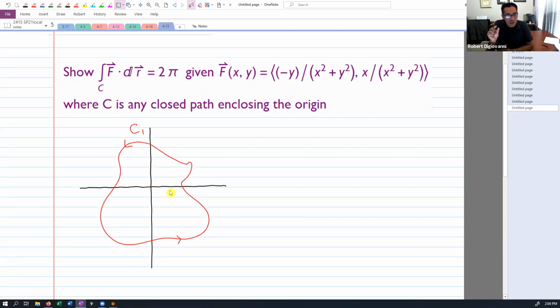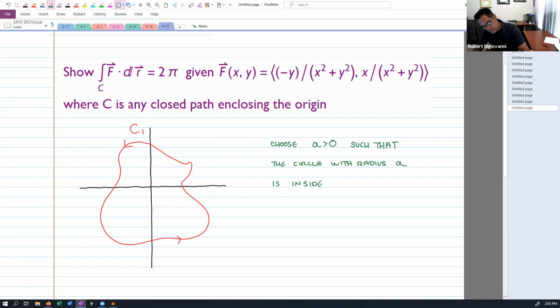There's some little buffer. Okay, whatever it is, it's some positive number. So now I'm going to do something really clever. I'm going to choose A, which is just going to be a positive number, such that the circle with radius A is inside C1. Now, I should be able to do that because like you just said, there's got to be